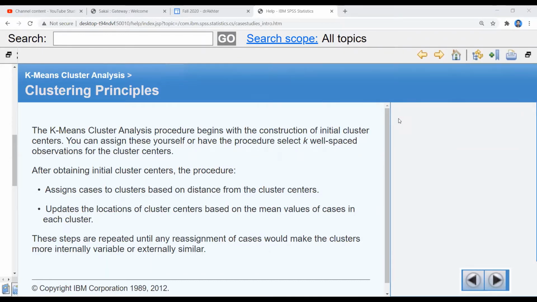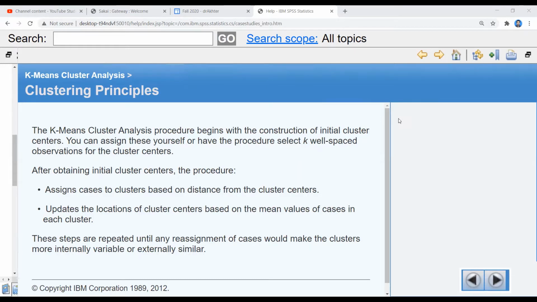The software SPSS will initially select the cluster centers on the basis of the distances. Most probably, if we are going to construct 3 clusters, then quartile 1, quartile 2, quartile 3 can be used as initial cluster centers.